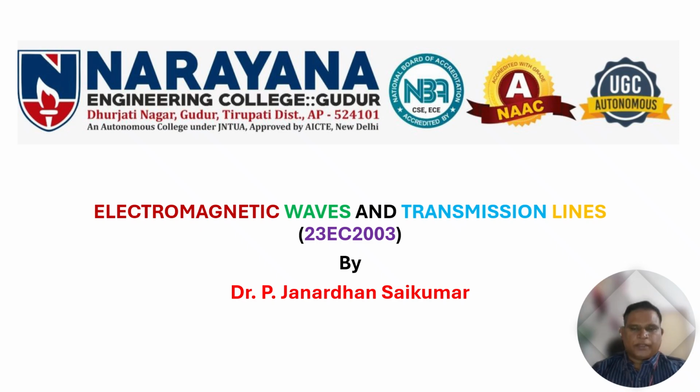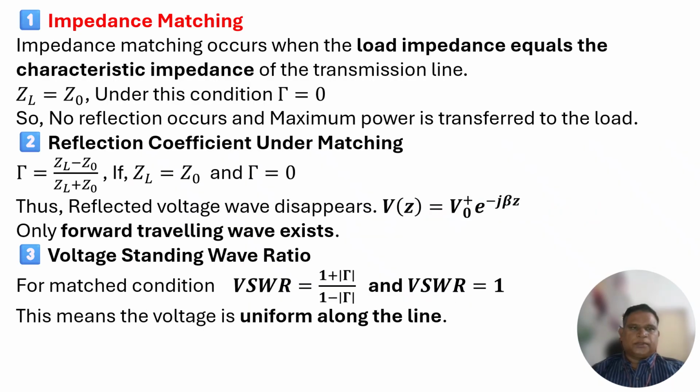Dear students, welcome back. Today we will discuss transmission lines, impedance matching. What is impedance matching? Impedance matching occurs when the load impedance is equal to the characteristic impedance of the transmission line. When the load impedance is equal to the characteristic impedance Z0, under this condition, the reflection coefficient is equal to 0. Why? Because no reflection occurs when impedance matching is achieved, and the maximum power is